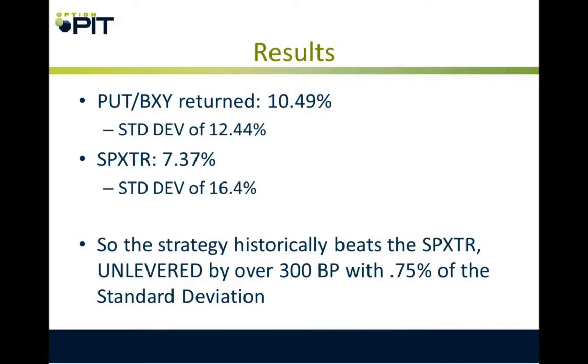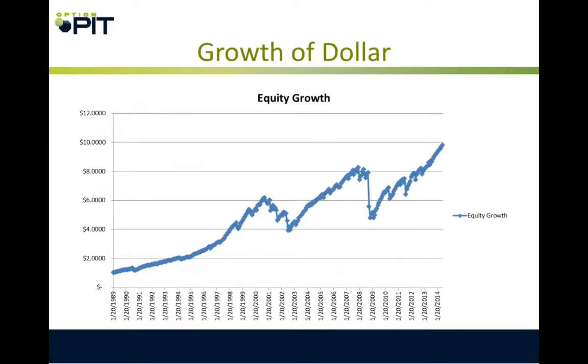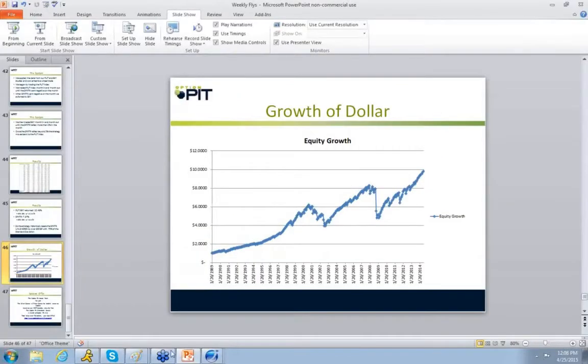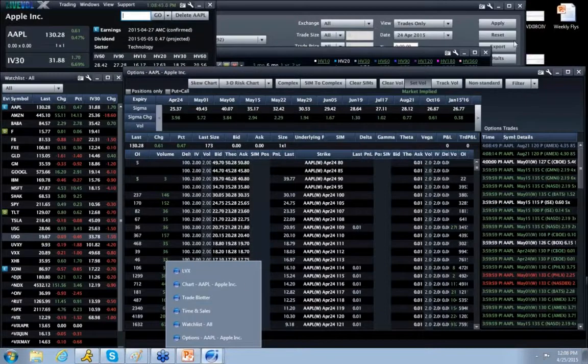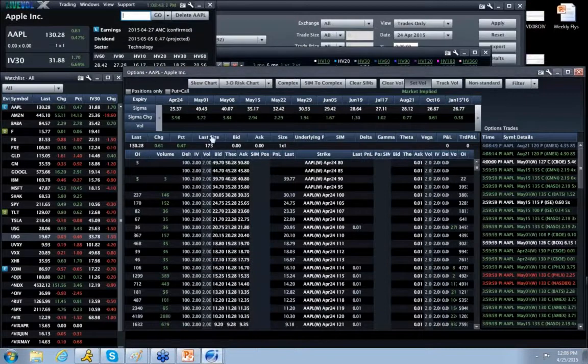All right, now this can be done in weeklies, very easily. You're looking for a weekly put selling strategy. It's a little capital intensive. So the way I would set this trade up in weeklies,